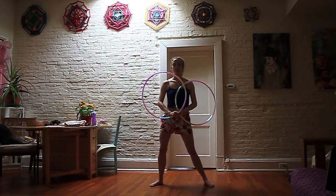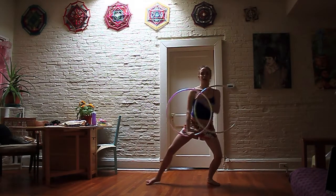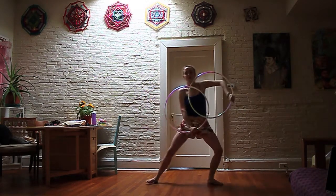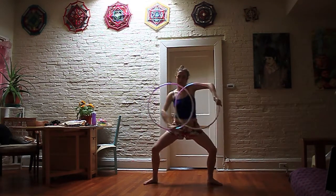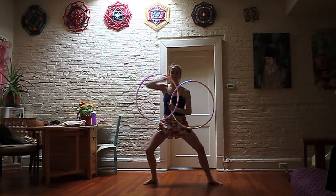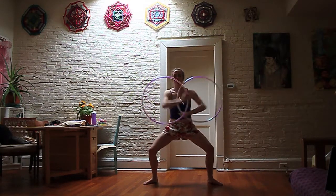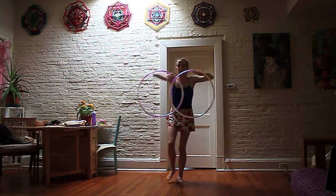And what I think looks really nice is really getting into it, because then you can manipulate your body in a way that makes it easier to keep the isolations working together and from going all over the place. But you still see it's difficult even for me to keep them from going all over the place. I really need to work on my left hand. But anyway,